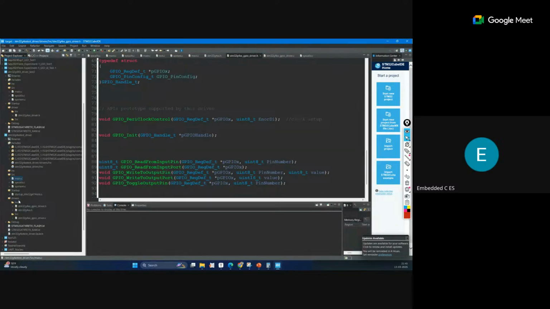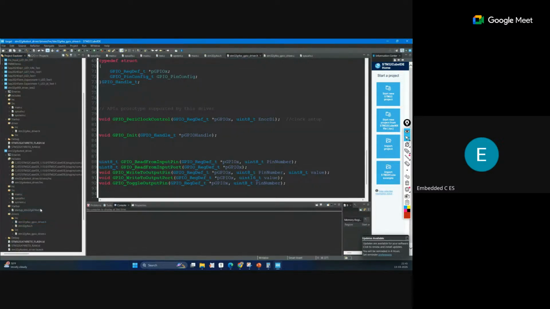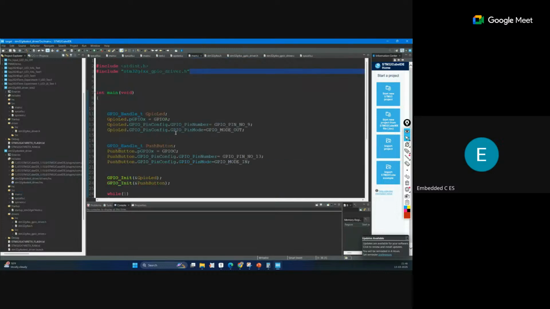Driver is mainly an interface that connects the middle layer code with the hardware. So what type of driver code have I written here? You can see this driver.h, and these are just functions which interact with the actual hardware. And in main.c, we are calling only these functions, you can see.